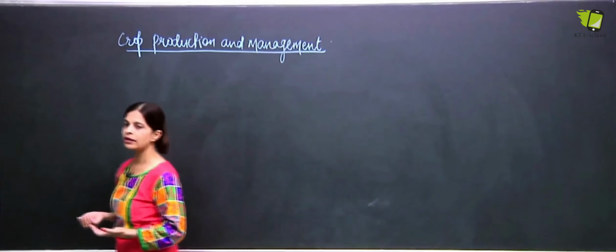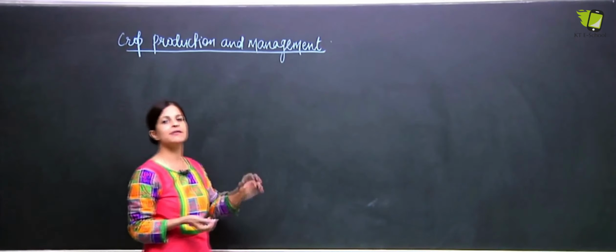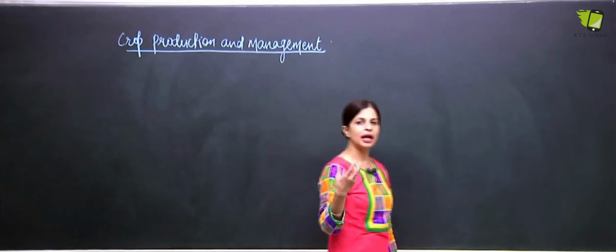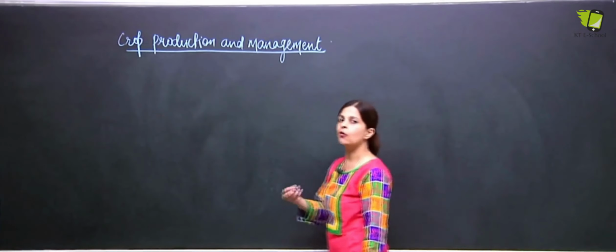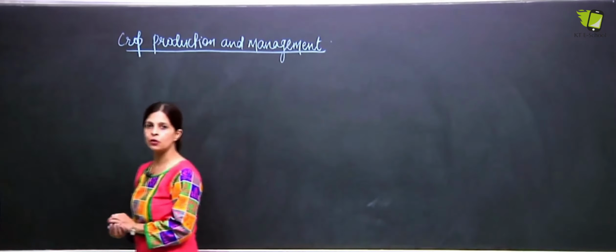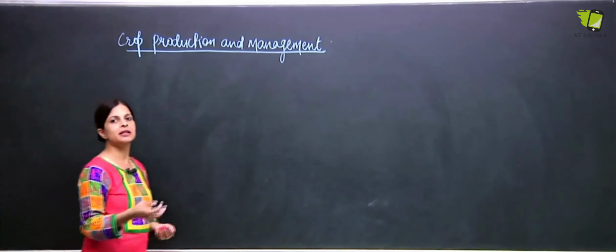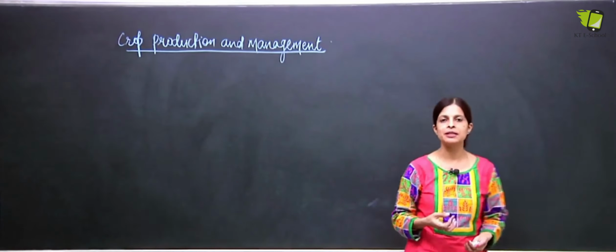our mind is, what is there in this chapter, what we are supposed to study in this. So children, as you can see, the name itself suggests crop and production, like how the crops are produced, what are the different steps which we follow or have to be followed, how it has to be managed, and several terms which are used in agriculture, also several instruments which are usually used in agriculture.